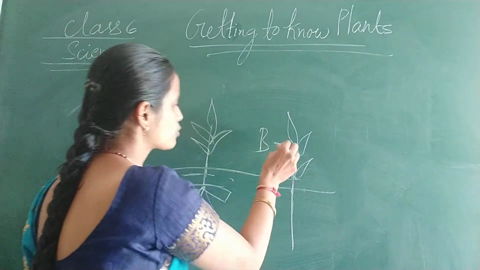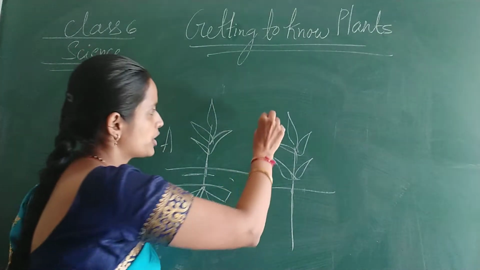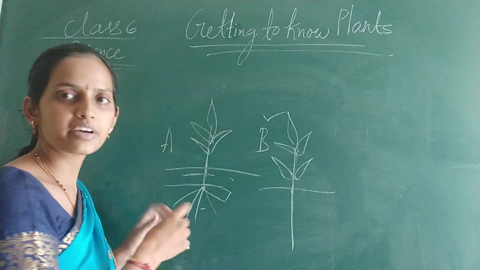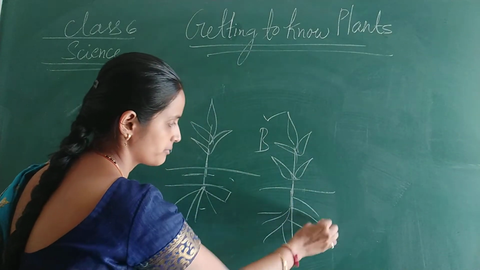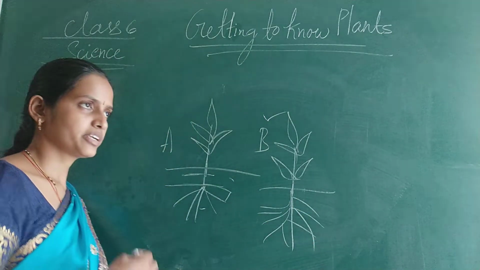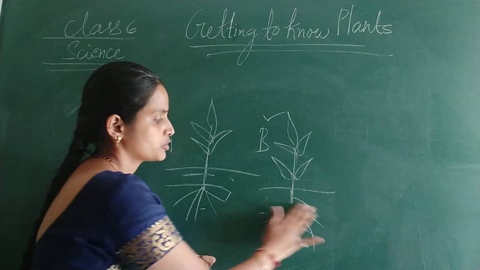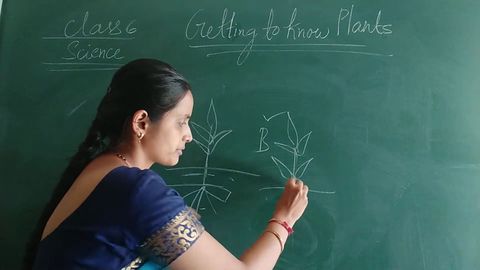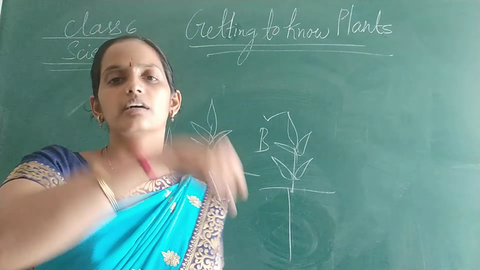Obviously you can pull out the B one, not the A one, right? You can pull out this plant very easily, as there is no root system over here, right? It does not have any root system. Okay. So if I draw it like this, it is directly placed into the soil